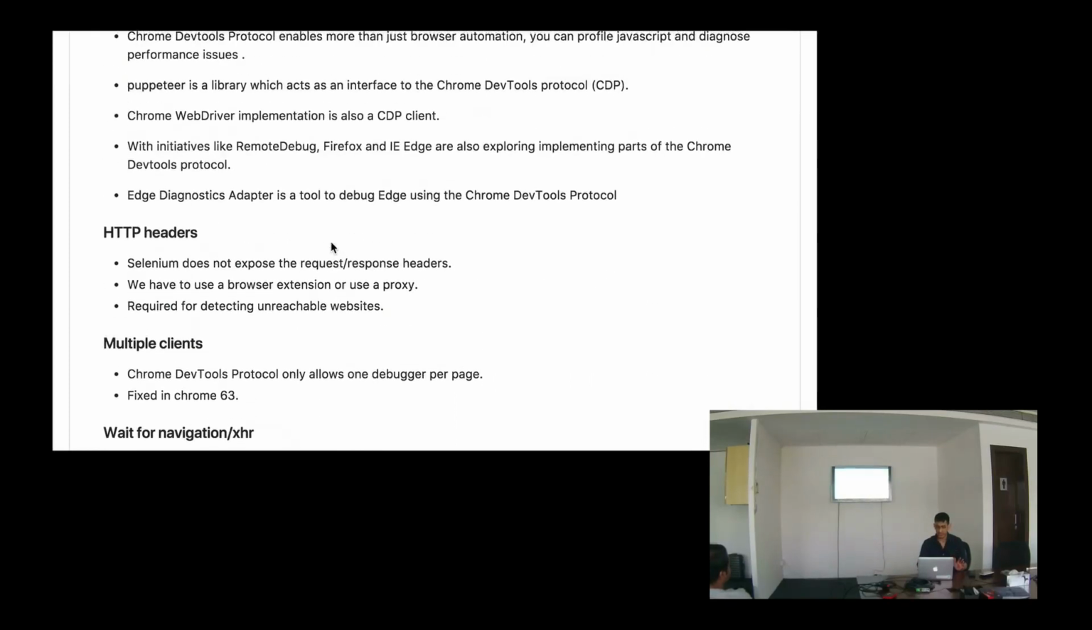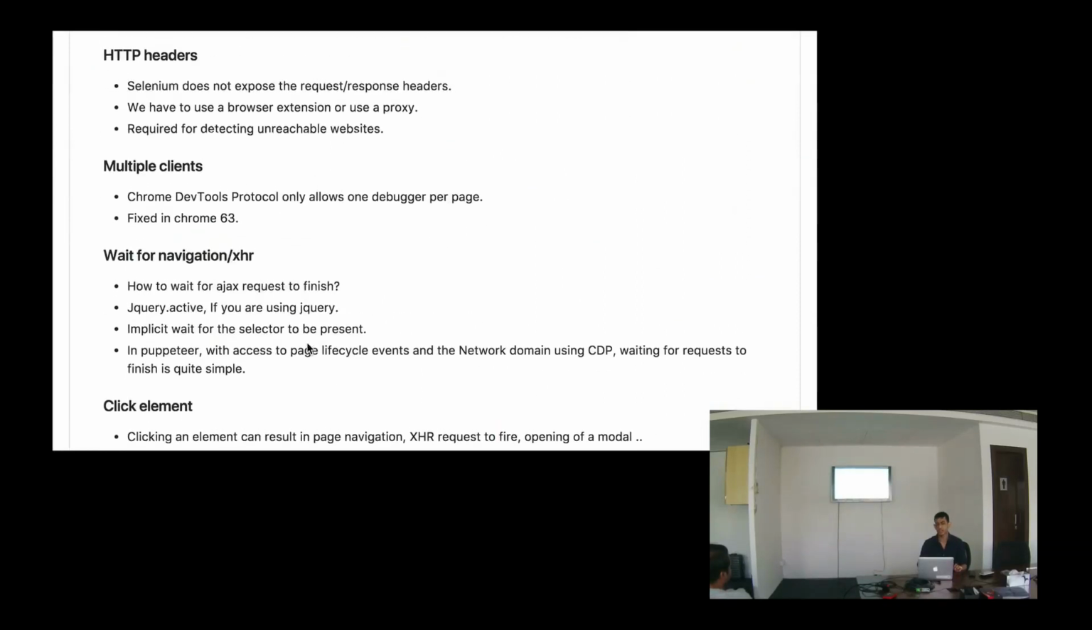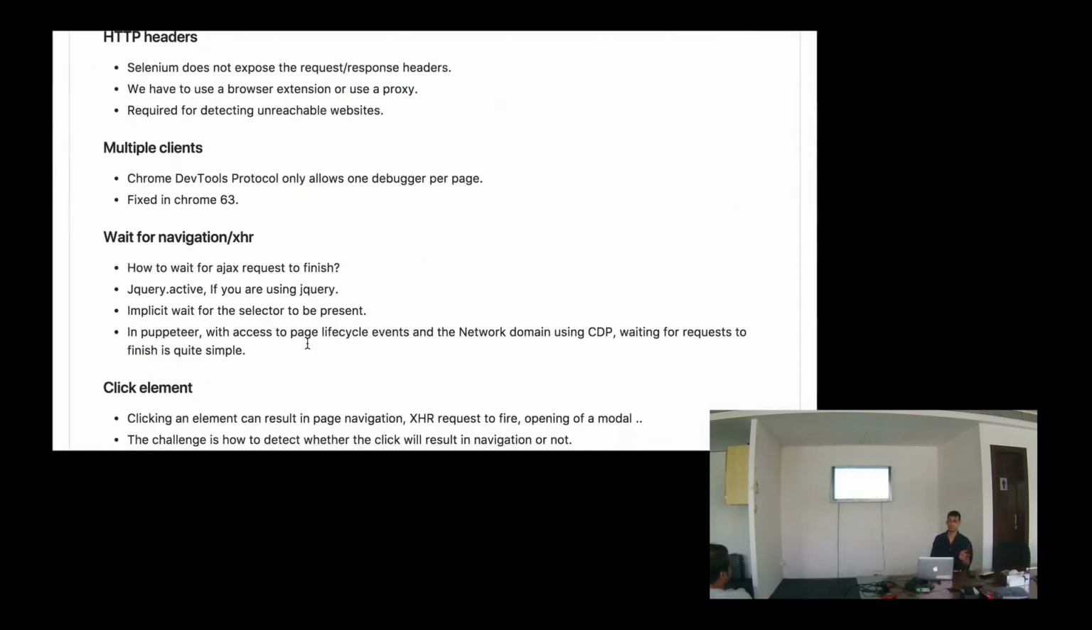I will give you a demo of how this works, but first we want to talk about the advantages of using CDP versus Selenium and why we shifted from Selenium to CDP. One of the important things that Selenium doesn't have is, since it just simulates user behavior, they did not implement HTTP headers. So you cannot fetch the request and response headers in Selenium, and this was a big issue for us because